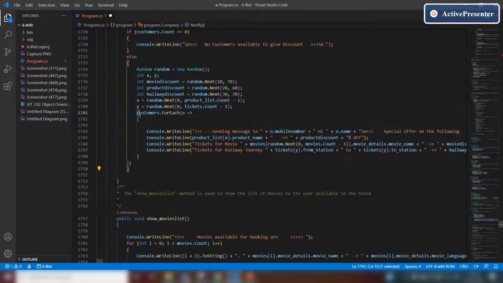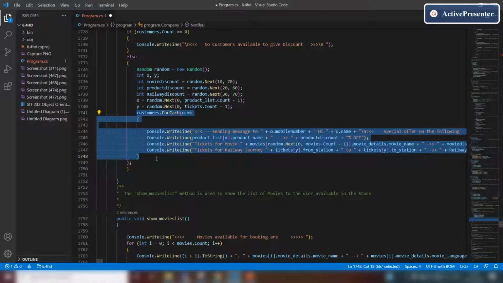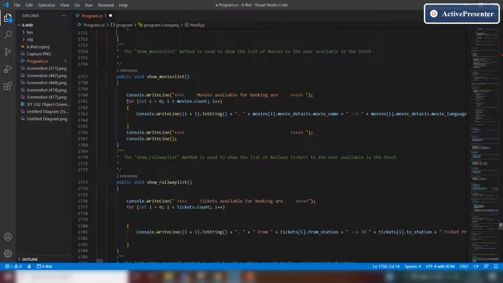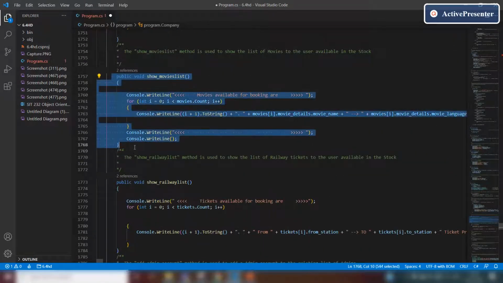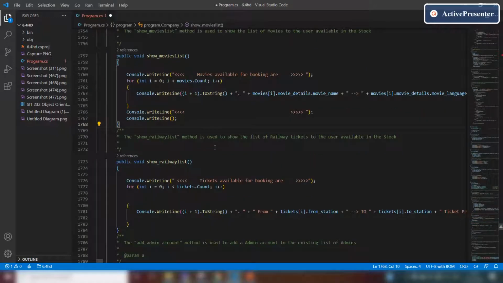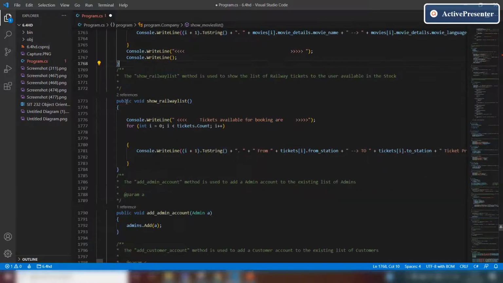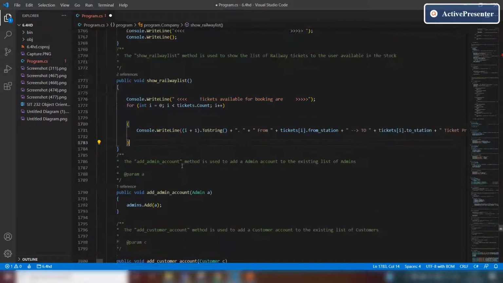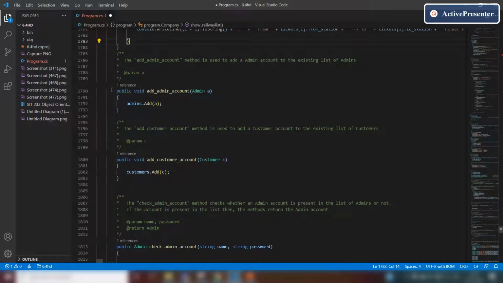Now this is the observer pattern I have implemented. For each function is also used on the list of customers. Now this is the show movie list, which shows the movie list to the user. Show railway list, we show the railway tickets to the user. This is the method to add any admin account.